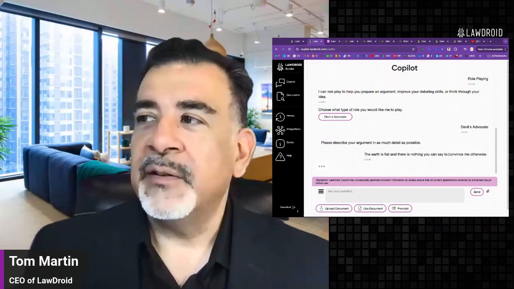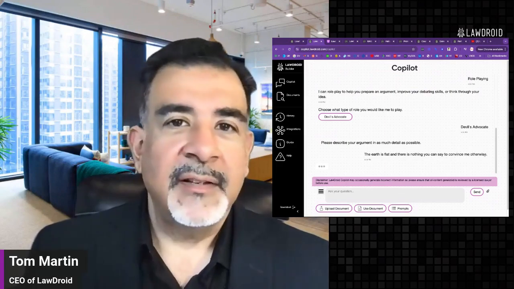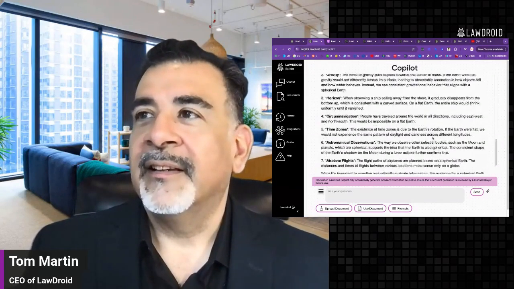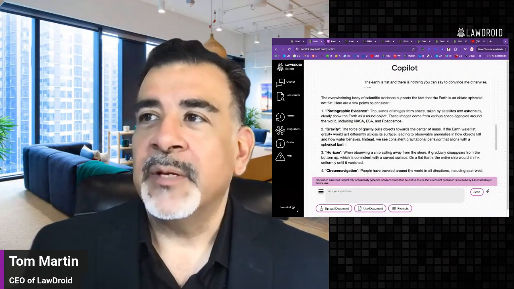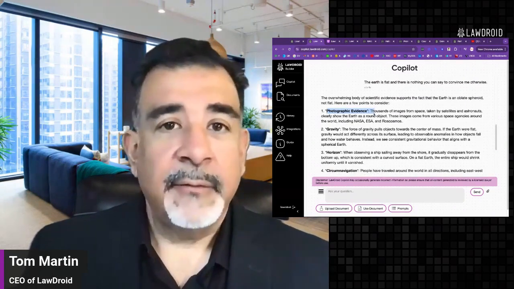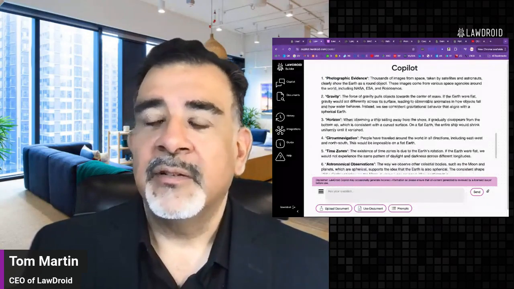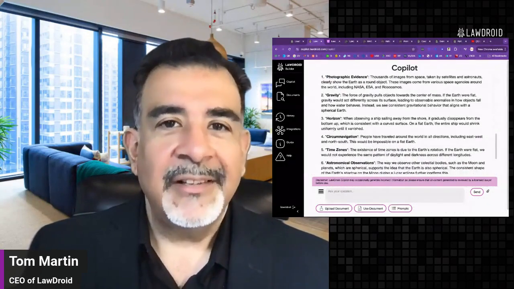The earth is flat and there's nothing you can say to convince me otherwise, is our stated position. So Copilot goes and comes up with arguments to counter that. Photographic evidence, gravity, the horizon, circumnavigation, time zones, you get the idea.